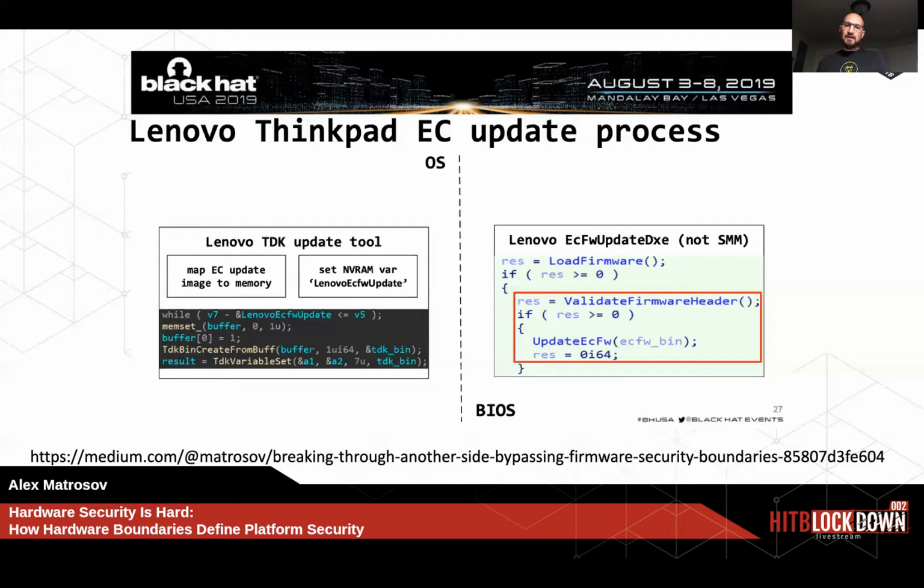Basically, firmware loads the firmware image into firmware memory and starts to validate the firmware header, and after that updates